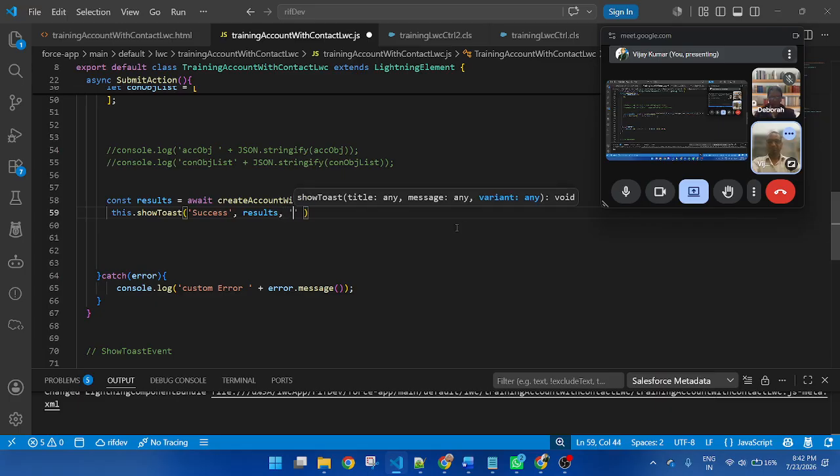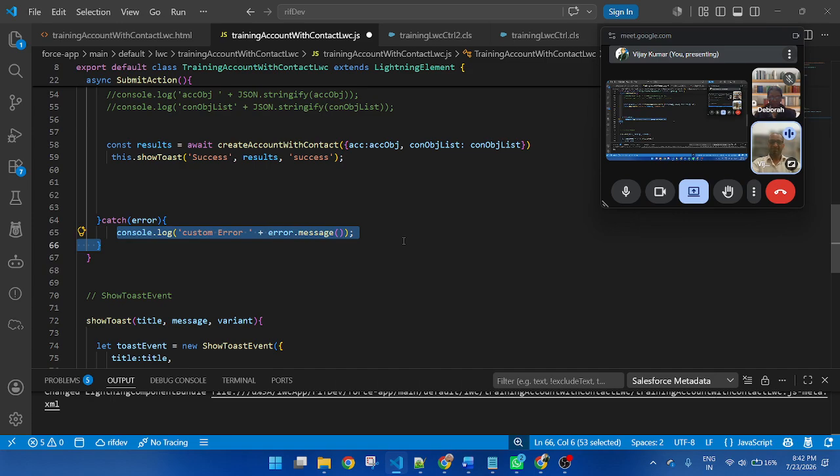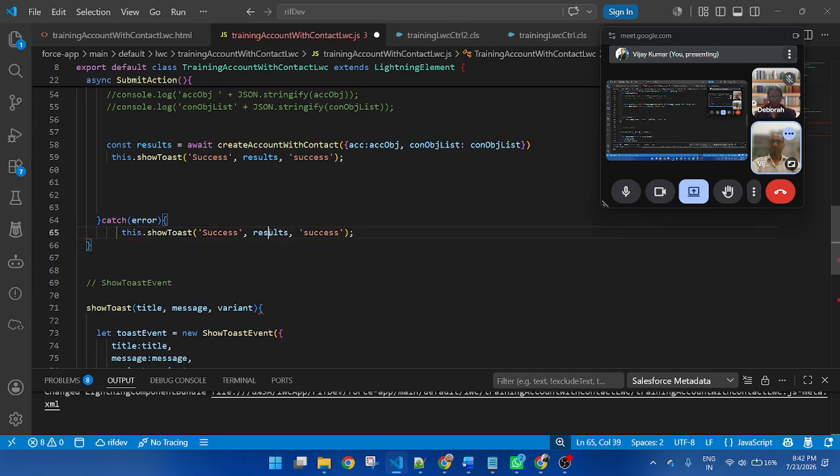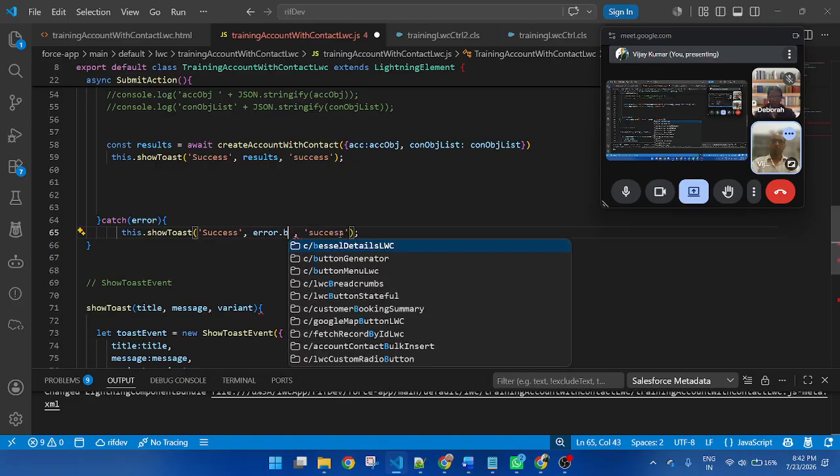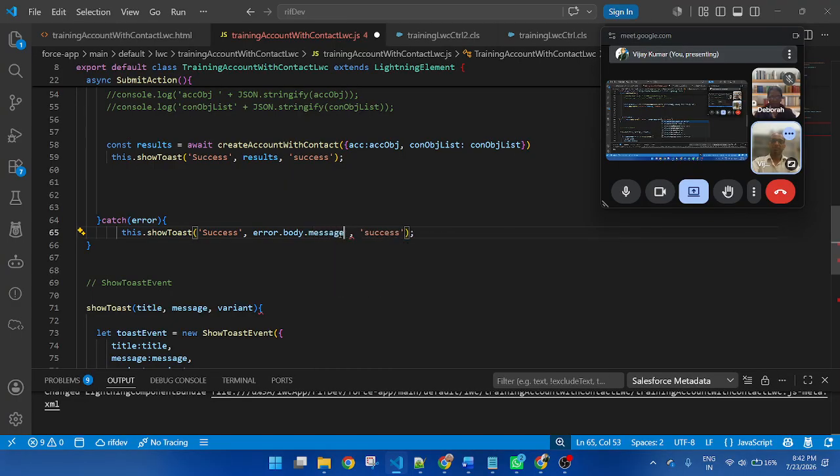Then success. The same function I am passing here in the error message. Instead of this result, here I am displaying error dot body dot message.